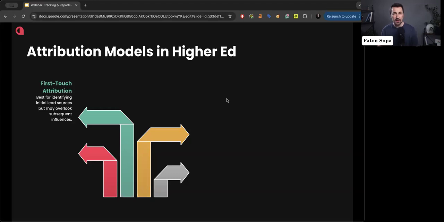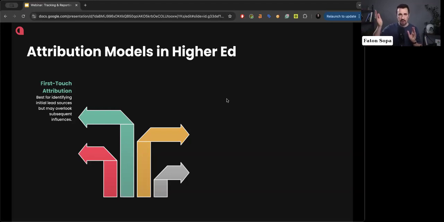When you do this, you might overlook all other channels that came after that specific visit. For example, if a student has found you through organic search, and then they visit your website, and then they close the window. Then after 2 weeks, they see an ad of you on Instagram.